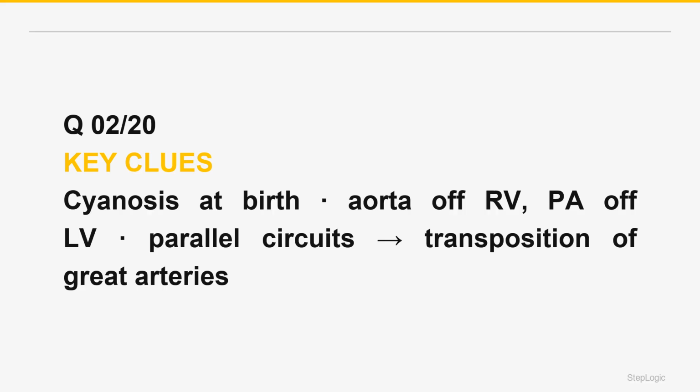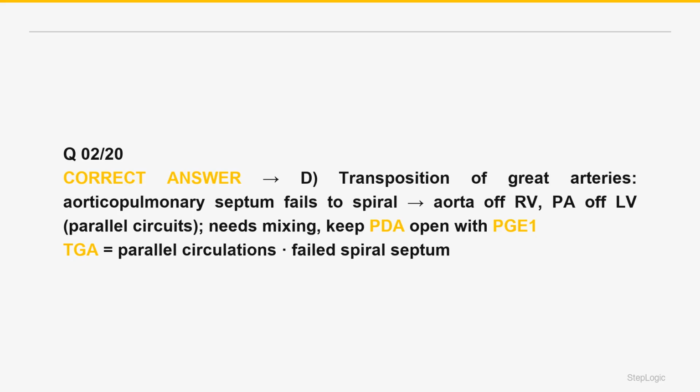The oxygenated systemic blood returns to the right heart and goes right back out the aorta to the body, while oxygenated blood cycles uselessly between the lungs and left heart. The correct answer is D. These parallel circuits are incompatible with life unless there is a shunt for mixing: a patent ductus arteriosus, patent foramen ovale, or VSD. So management is to keep the ductus open with prostaglandin E1 and often a balloon atrial septostomy until